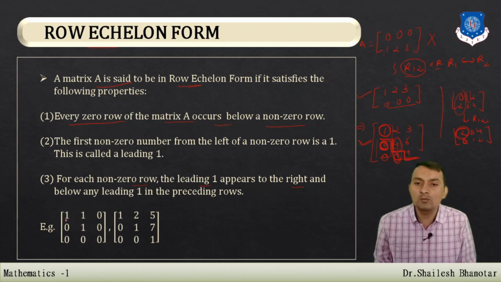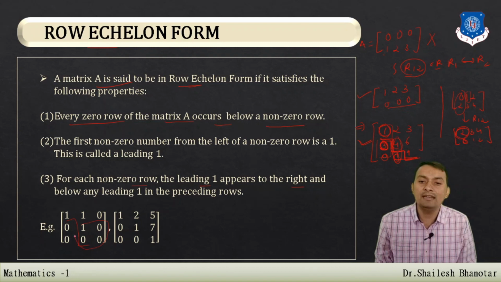Let us understand this one. This is the first 3 by 3 matrix. This is the first row, this is the first entry, and below that first leading entry we must have 0. That means we are going through this one. But what about the second one? This is our 2 by 2 matrix, and also the first entry should be the leading one, and that we have 1. And below that we must have 0, and that is at the bottom. So we can say this is the row equivalent form. What about here? Now you can see that the echelon form is there. Therefore we can say that it is a row equivalent form.